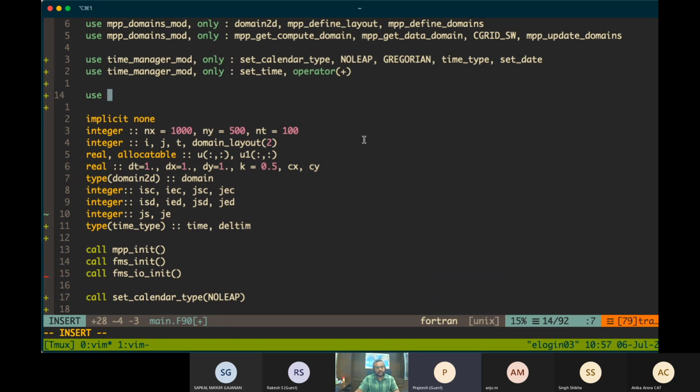First, you need the coordinates in the file, right? Before defining any variable, first thing is you need to define the coordinates. Then you need to define the variables and their attributes. That's the second step, defining the variable. And the third step is putting the data into that. So these are the three steps while implementing Diag Manager. We'll go through each one of them.